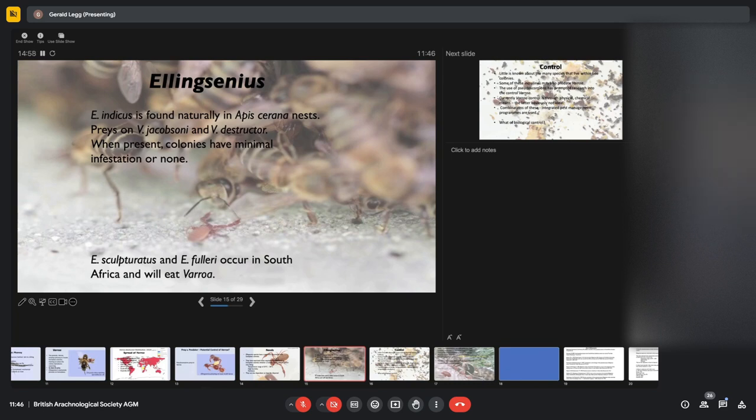Alencinius indicus is naturally on Apis cerana nests and preys on those two species, and they appear to have minimal infestation because they evolved with it, as I've mentioned earlier, whereas the other species of honeybee, mellifera, didn't. In Africa, you've got Sculpturatus and fulleri, which also eat varroa. But are these going to be any use? Now, it's a bit of a problem